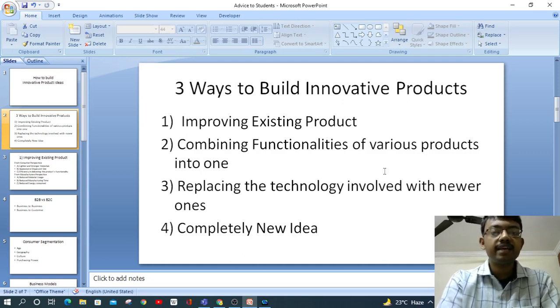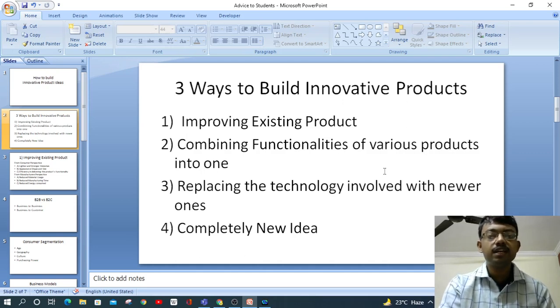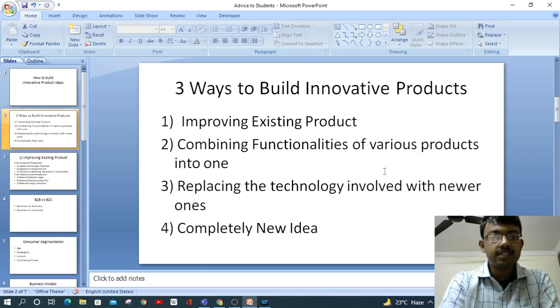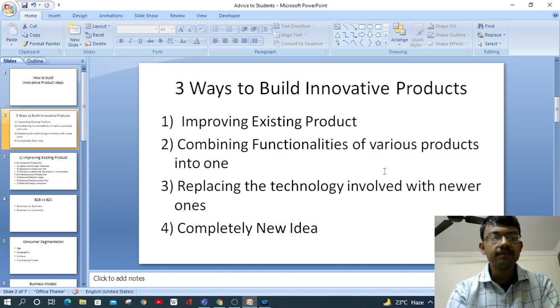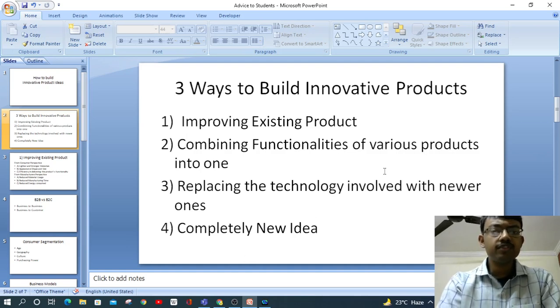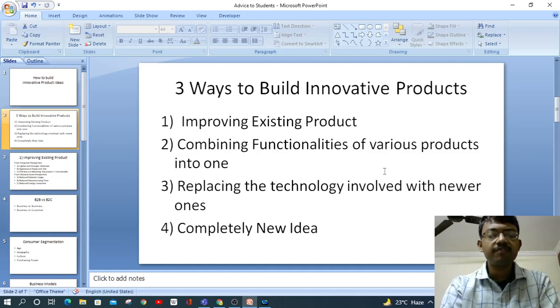Later on they tried to combine a screen which you can use, and they added functionalities like color into the screen. Previously they were only black and white, and they introduced color. So they have been adding and combining new functionalities and bringing out new changes each and every day, and that's how you can improve the existing product or come up with an innovative idea.